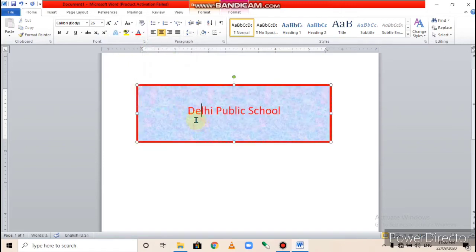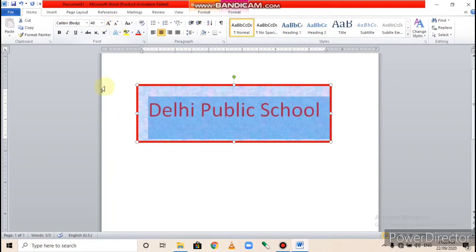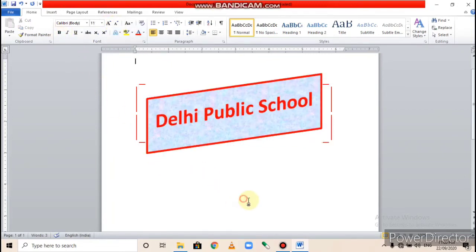In this way we can insert the shape. In this way we can add the text in the shape also.